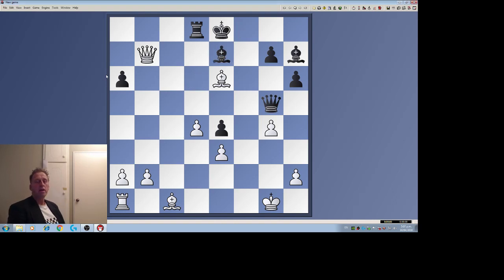bishop e7, queen c6. Everyone can see what can happen here. Bishop d2. Horrible ideas, really, dear Watson. h5 will not suffice. It's very, very hard for black to do something here,